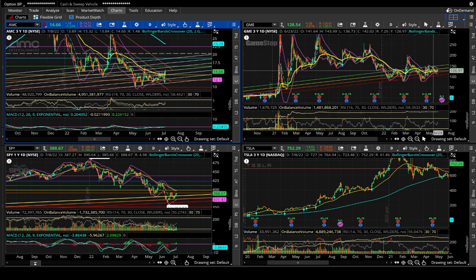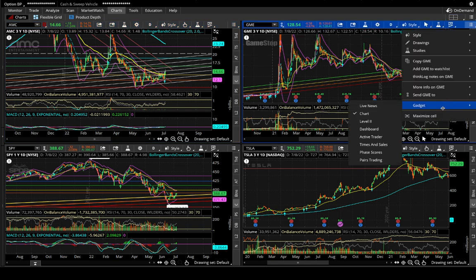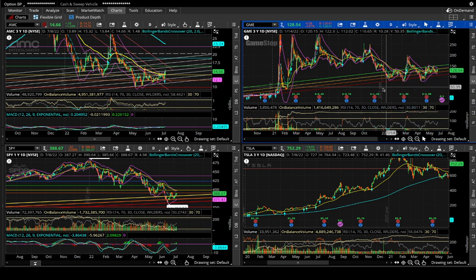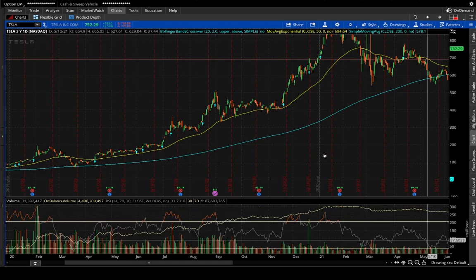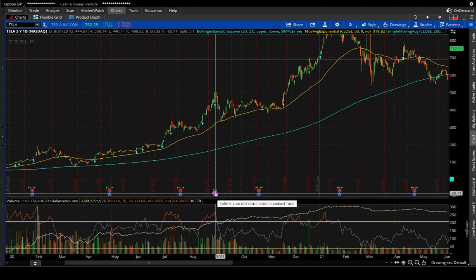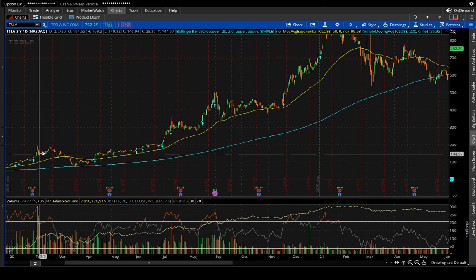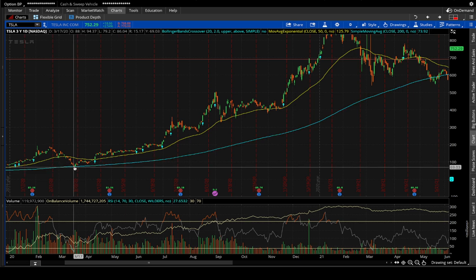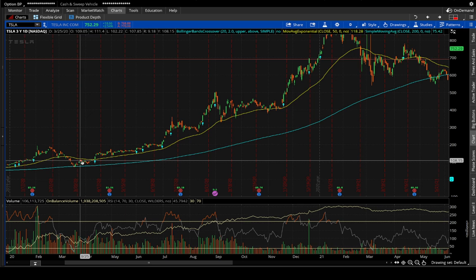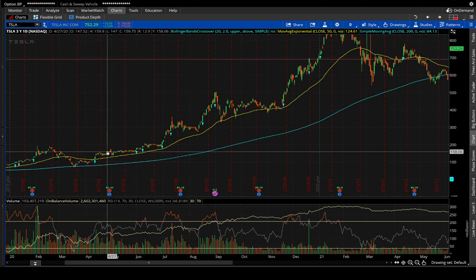But I do want to quickly hit on the GameStop dividend and what it may mean for us in regards to the meme basket. So I have Tesla down here, which I'll zoom into a little bit. Tesla did that 5-for-1 split back in August of 2020. I believe they actually announced it in March of 2020. When that announcement came, it was at a 52-week low, hitting the 200 SMA on the daily. Let me pull up this article real quick.